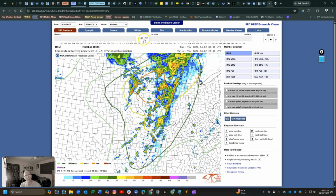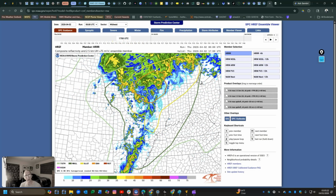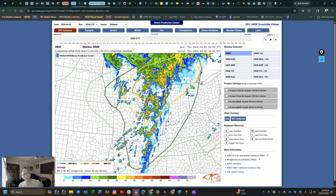But until we get the warm temperatures and dew points to surge to the north, I don't know. With this ongoing convection, it's going to be hard to get a lot of heating. We'll just have to see how this plays out. But if this plays out like this, the forcing may be able to overcome the lack of heating in the atmosphere. So we'll have to see, and the shear, we'll have to see if that plays out or not. But I have some doubts whether that can be overcome. I guess we'll have to see. But the Storm Prediction Center agrees that we're going to have some semblance of severe threat focused in this area today. So be mindful of this,